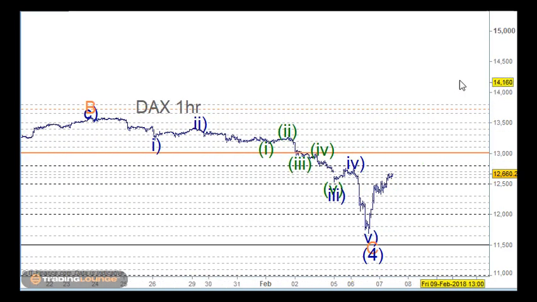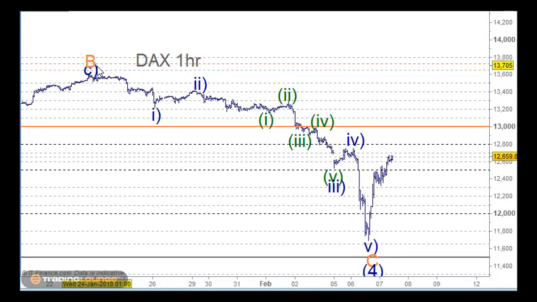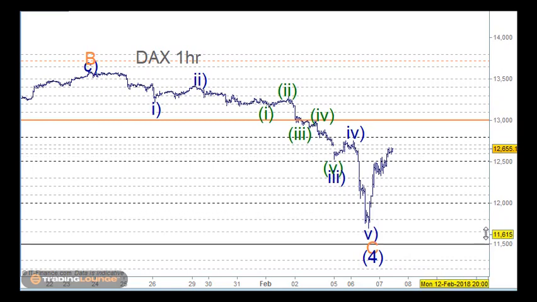Yeah, this is the alternative count that I've got. From the B wave here, down for 1, back for 2, then 1, 2, 3, 4 and 5 in here for the third wave, and the fourth wave here, and then the fifth wave coming down here for this market. And the wave 4 could actually be finished here, so I'm aware of that as well. I just don't have the right setup to get us in here. I sort of need to allow this to play out.